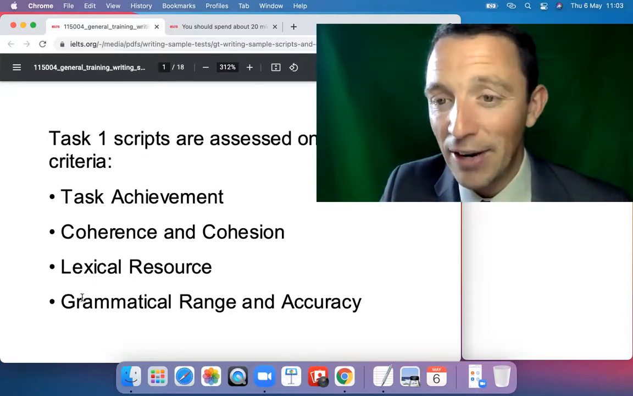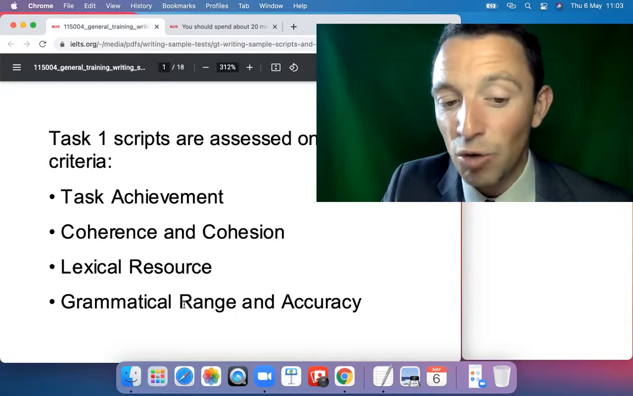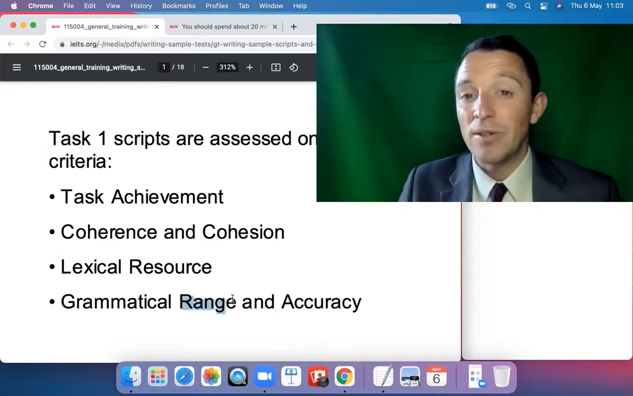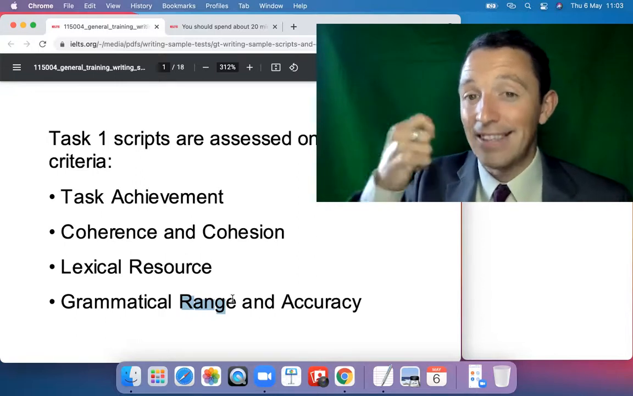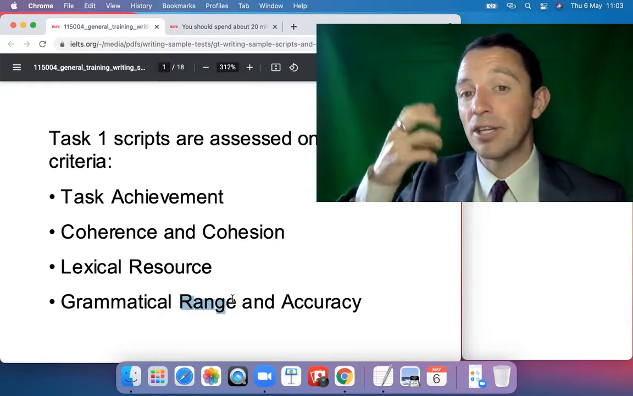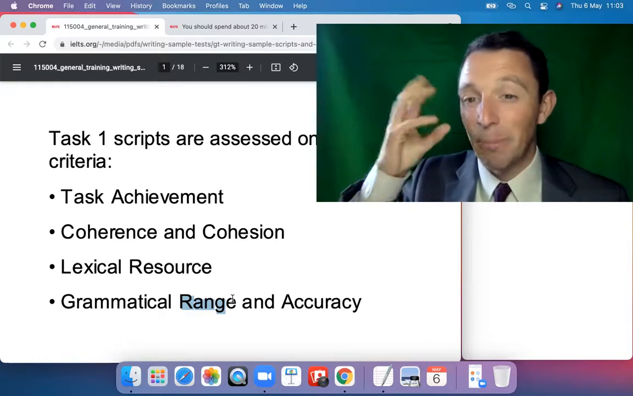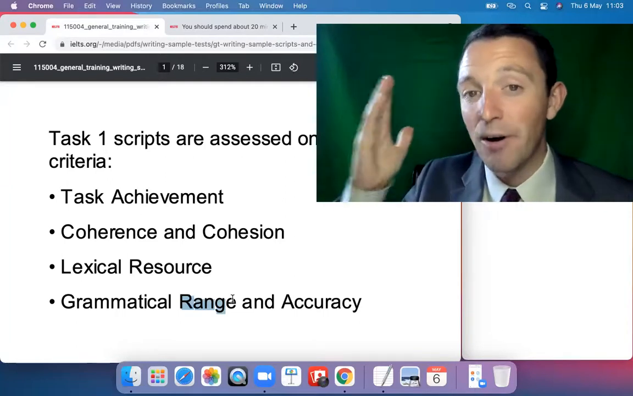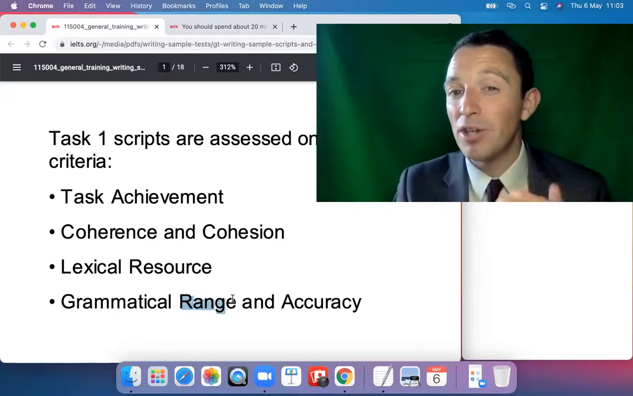The fourth criteria is related to grammar and the range of the grammar and the accuracy. So again, it's necessary that you take time and that you try intentionally to use more complicated structures. For example, the conditional, the perfect, the passive. These are very good structures you should use to have a higher mark, because most people might use the basic